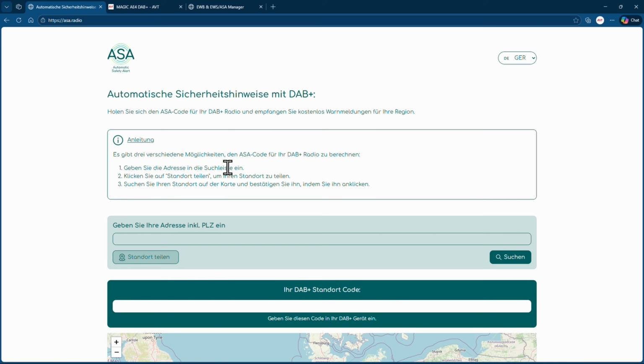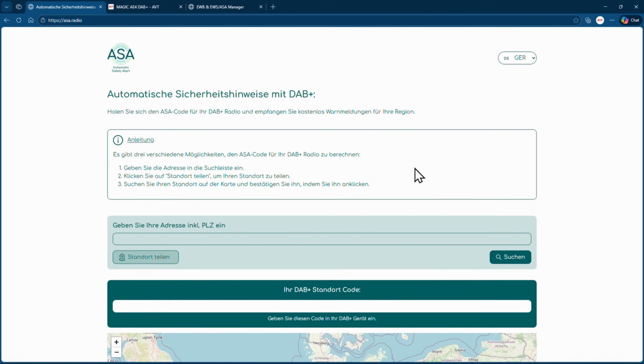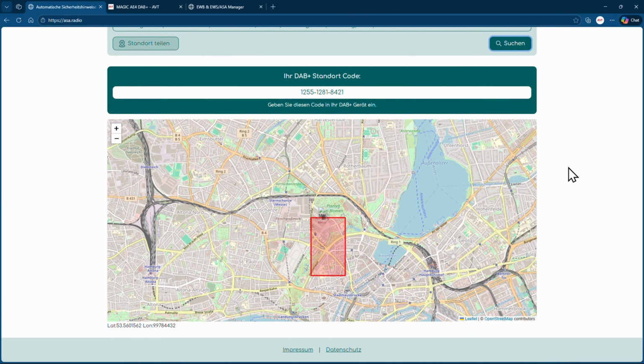For example, I am entering Hamburg Messe, where I'm located right now. And then we can search for it, the website finds it, and we see now the area marked and the location code up here,